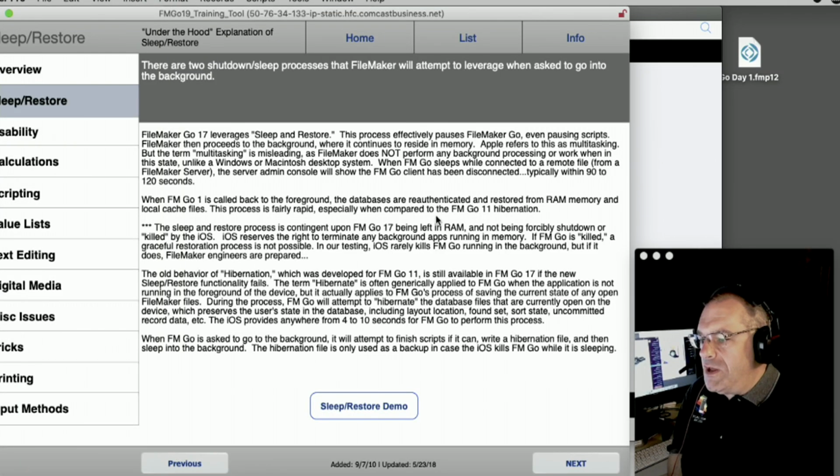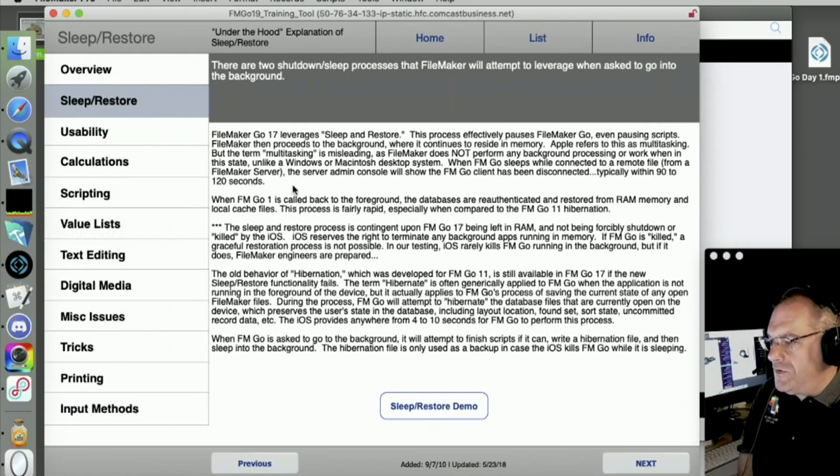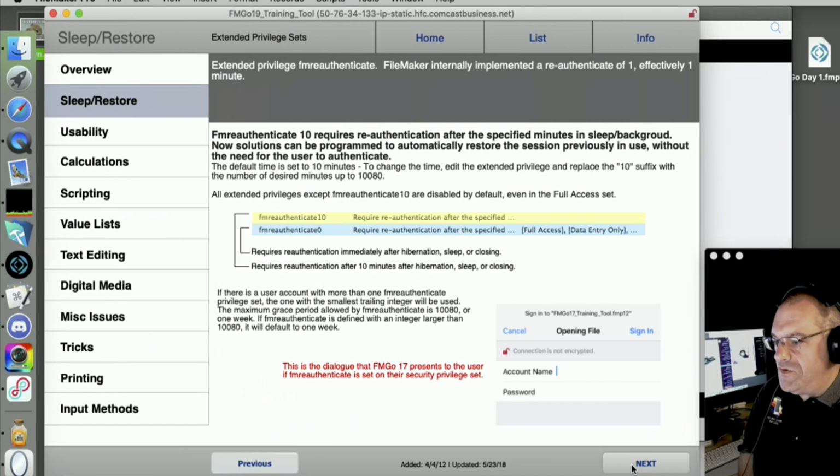So I'm going to come back over here to the training tool real quick. Once again, this is our FileMaker Go training tool. So that's asleep and hibernation. You go through these issues here. This is a good one right here. So let's talk about this. If I sleep the device,